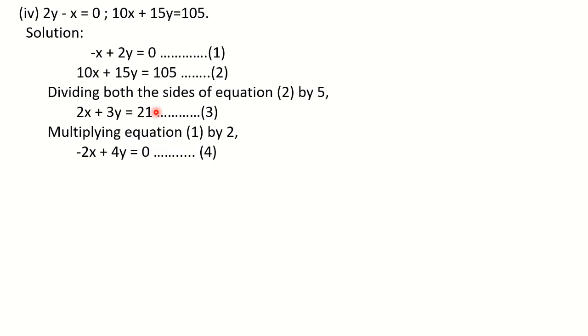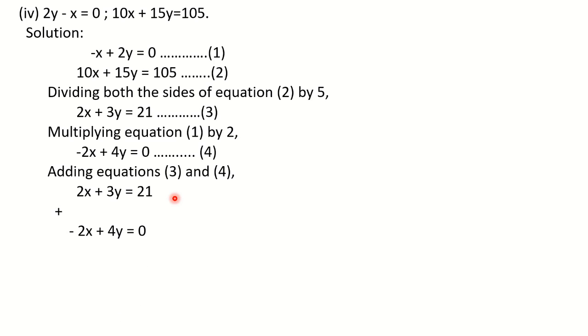So now I will consider equations 3 and 4, because in equations 1 and 2, both the places we have made changes. Now the coefficients are equal. Then observe the signs. Signs are opposite. So when the signs are opposite, what are we doing? Addition. So we are going to add equations 3 and 4. Write down equation 3 up, then a plus sign for addition, then equation number 4 below that.